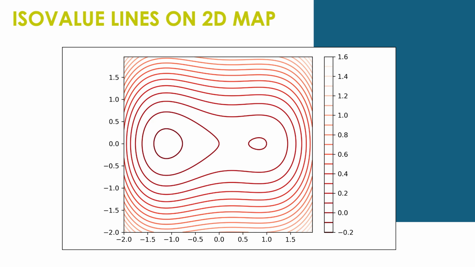If we look at this function with the iso-value lines on the two-dimensional map, we see that if we start from point P1 and we just go downhill, following some rules that are more or less the minus gradient of the function, we end up in this green point. That is more or less the point where the gradient is 0. So you say, okay, maybe you already know the second derivative. Let's say the Hessian is positive definite, and you say, okay, that's the minimum.